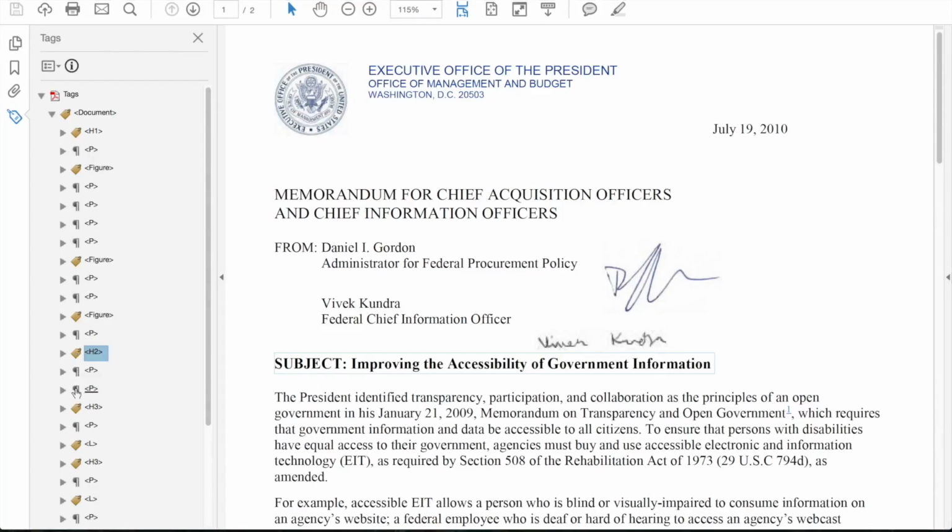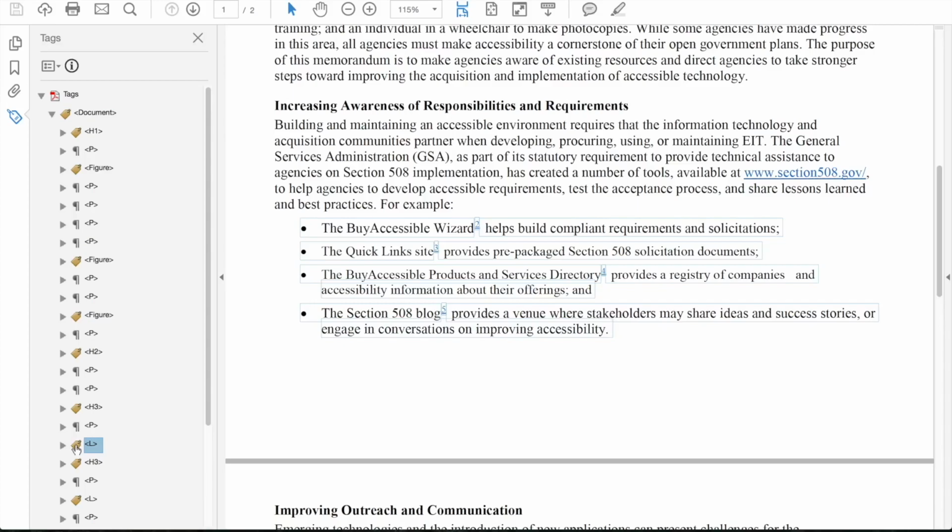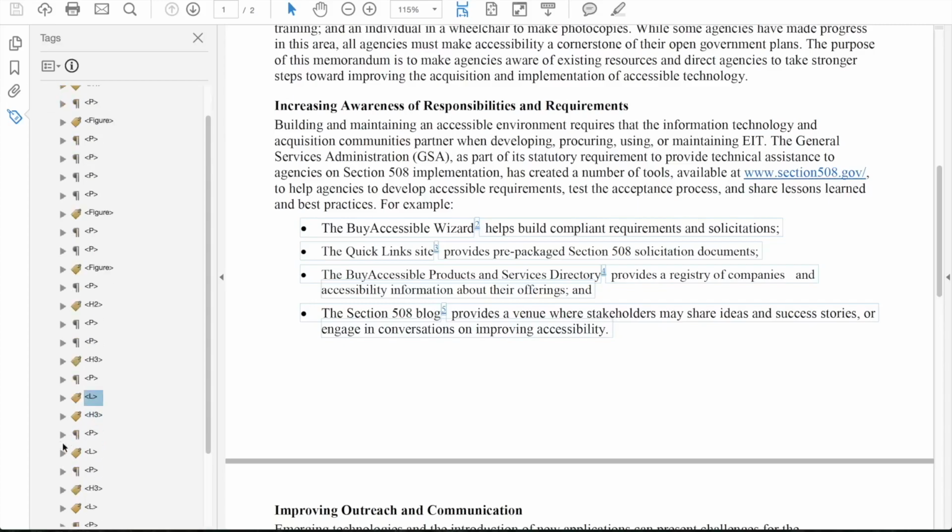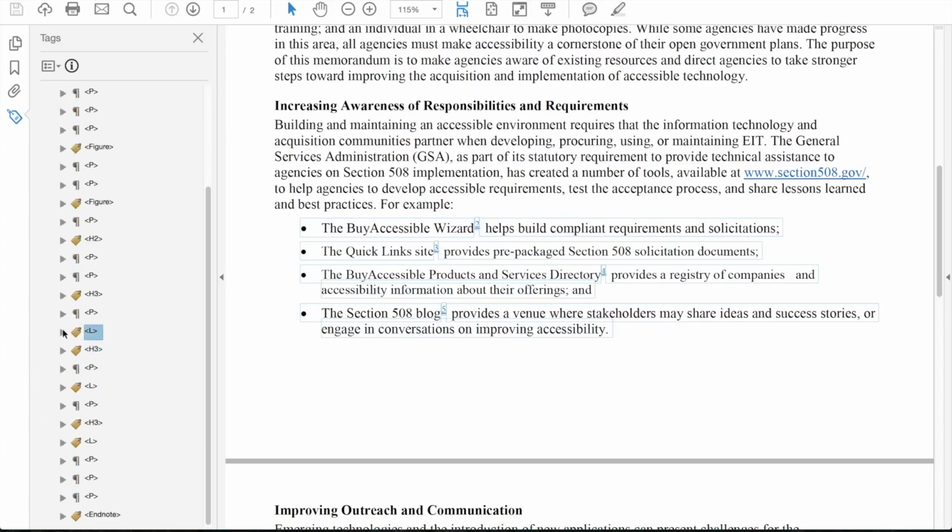Let's take a look first at the L tag, which highlights our first list when I click on it. I can tell that all the content in the list, including the bullets, is covered in individual tags. But I can also tell from looking at the highlighted content boxes that each list item has its own tag associated with it. Inside the L tag, there's a bunch of LI tags, which represent list items. Inside of the list item, I see there is the content of the list, which is an L body tag, or a list body tag.